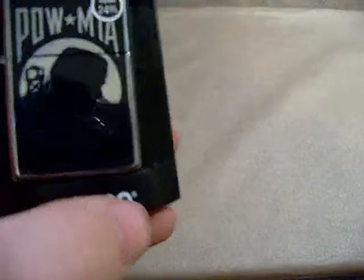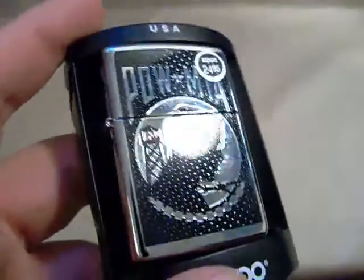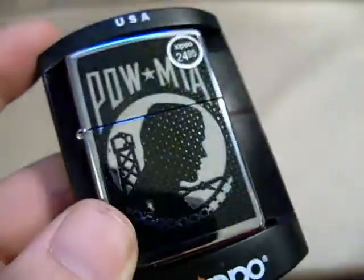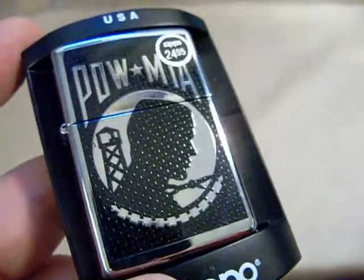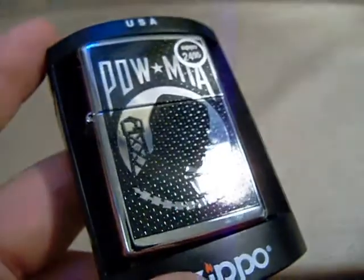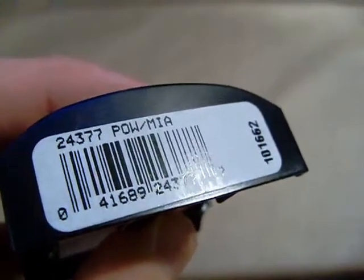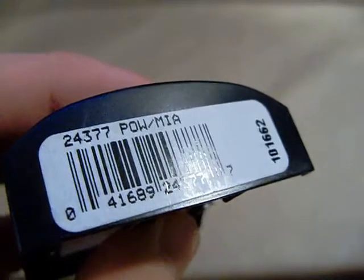what's funny is I think I mentioned this in the Christmas video, but my dad got one of those POW MIA flags to put on the flagpole, you know, full life-size flags, and I got the Zippo, so that's pretty cool. Anyway, the model number on this one is called POW MIA model number 24377. Now,